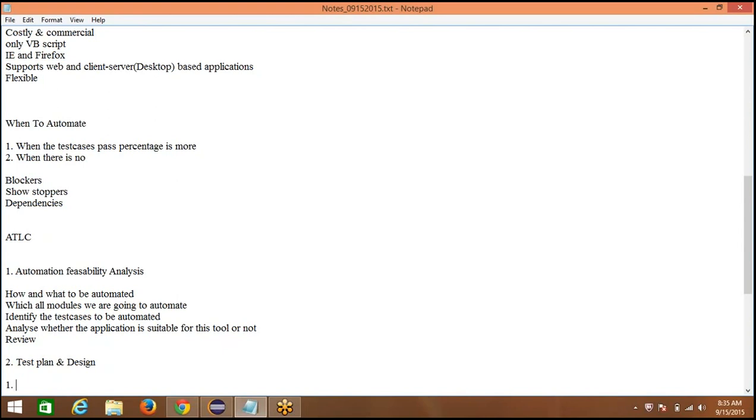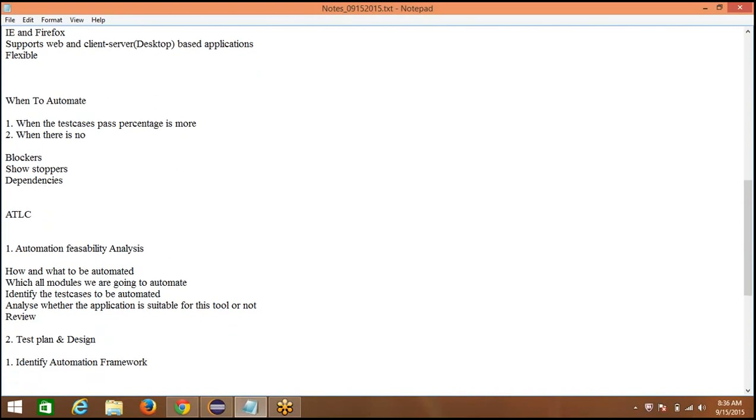And the second one is we want to identify frameworks, whether the customer is going for modular driven, or whether the customer is going for some test data which is taken from an external source, which is meant by data driven testing, or whether the customer wants keywords driven from Excel, so that he wants to take everything from Excel, that is a keyword driven framework, or whether the customer wants to go with testing on a page by page basis. Like there is a model called page object model, whether he wants to go ahead with that. All these things we want to analyze.